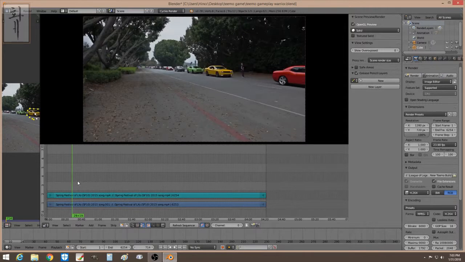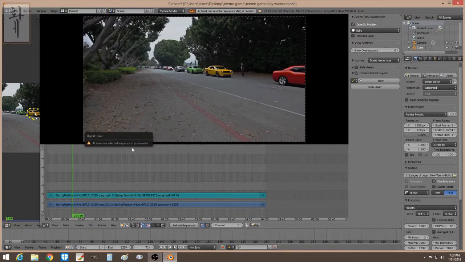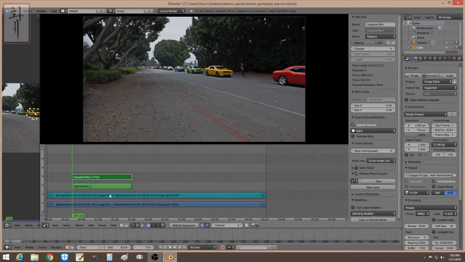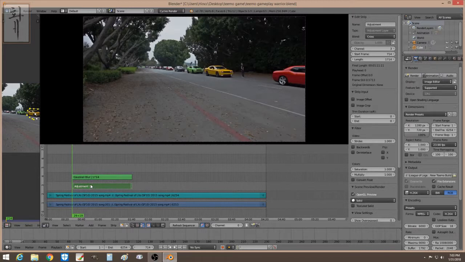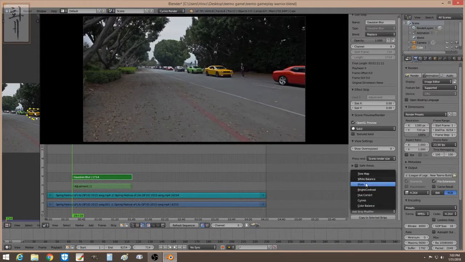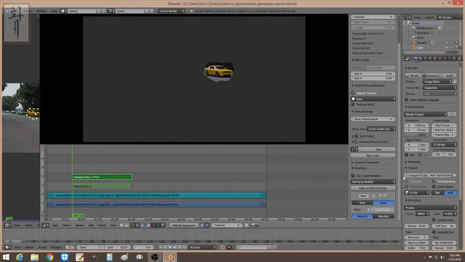Oh, what happened to it? It's not there. Let me try add again. Go effect chip, blur. Oh, seems like I need an adjustment layer. Alright, I'm sorry again. Okay, effect chip, adjustment layer. And then from adjustment layer, add blur. Okay, let's hide that. And then from blur, go down to mask. And then from mask, you click on mask and you look for the changes that you made. Okay, and then